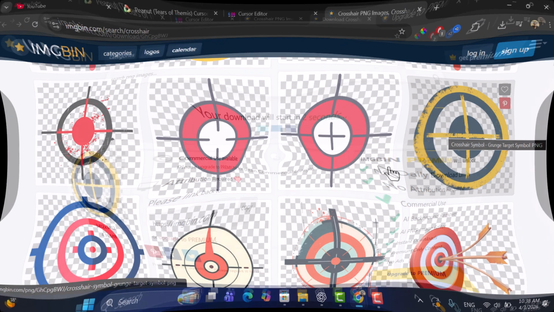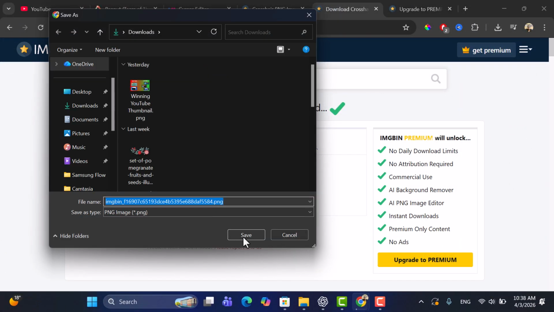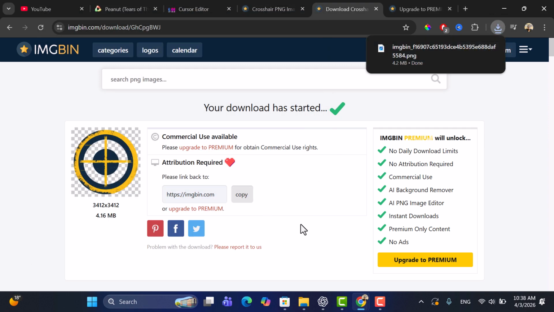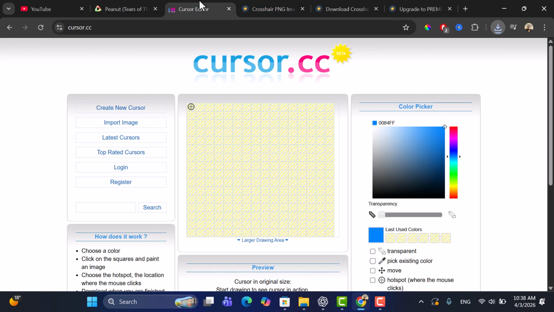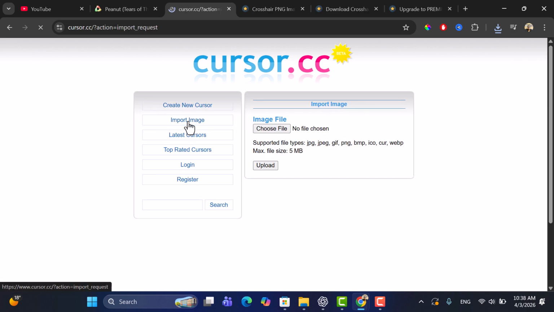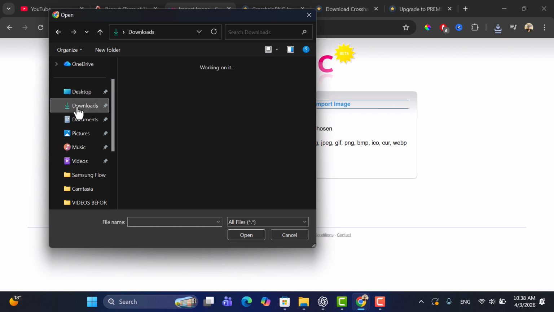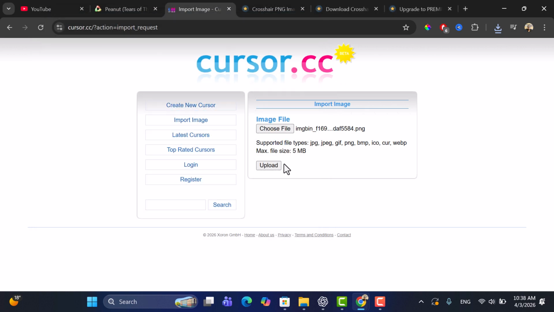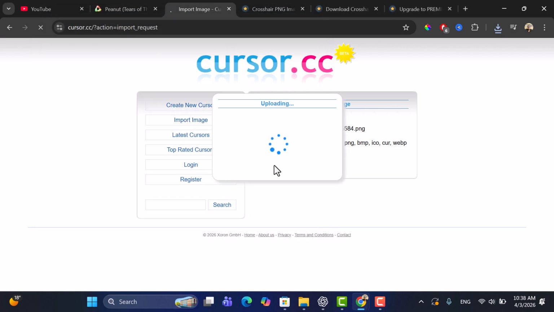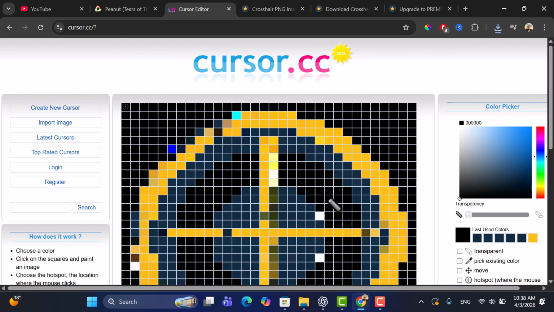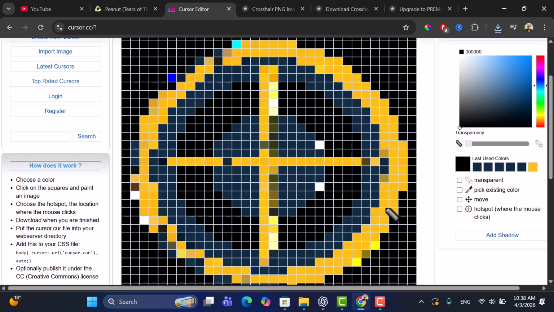So now the file is downloaded successfully, and now let's import this image. Import image, choose file, and here is my new cursor. What I need is transparent and